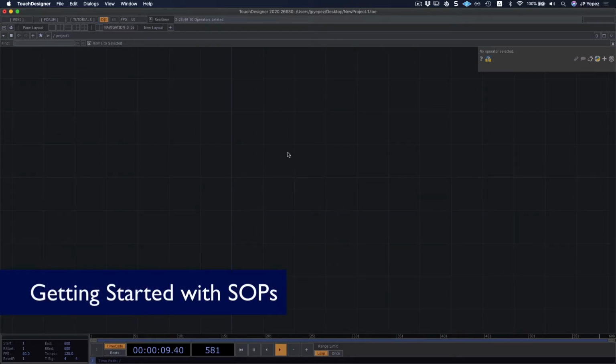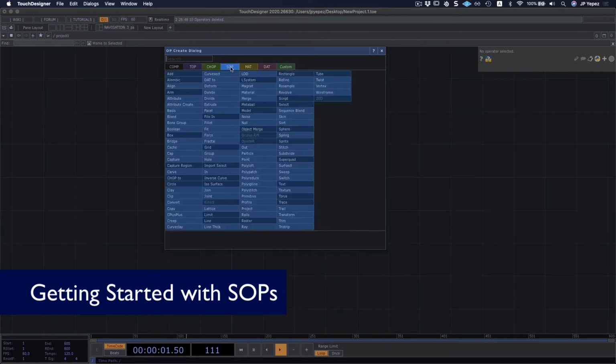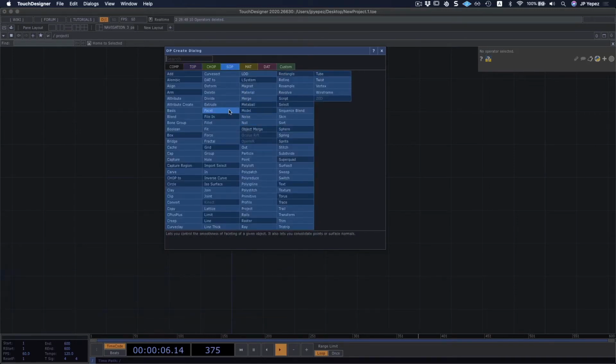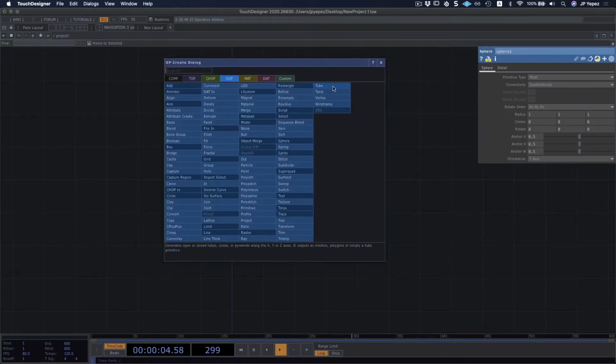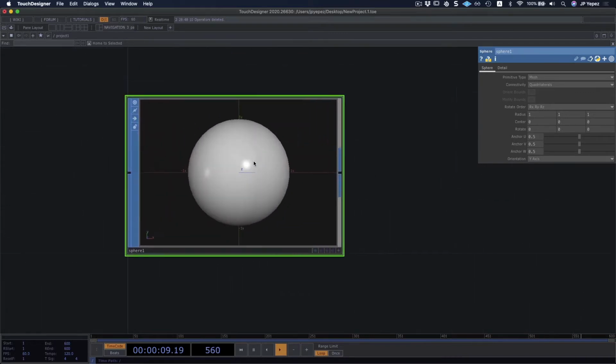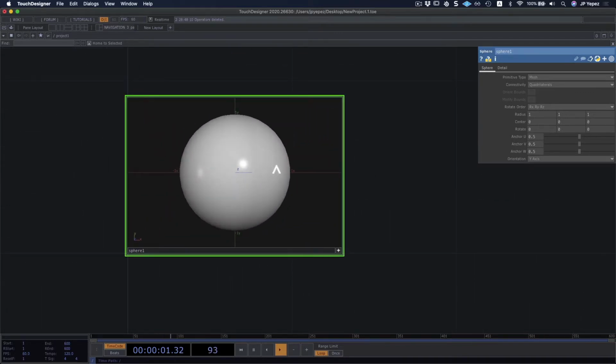Whenever we work with SOPs, we have to start thinking in 3 dimensions. We're no longer stuck on a grid or on an image. So let's maybe check out a sphere real quick, because we have all these SOPs that we can select, but they're going to be very similar. Now, if I activate my viewer on my SOPs, you're going to notice that it's a bit different. We can see the sphere in 3D, and we can move around.